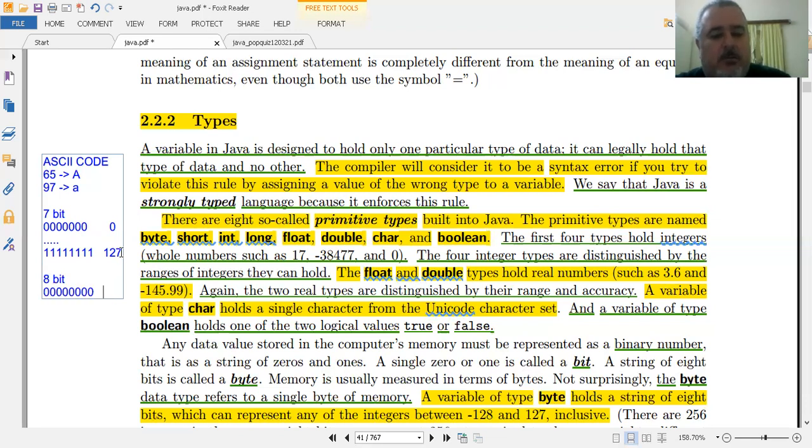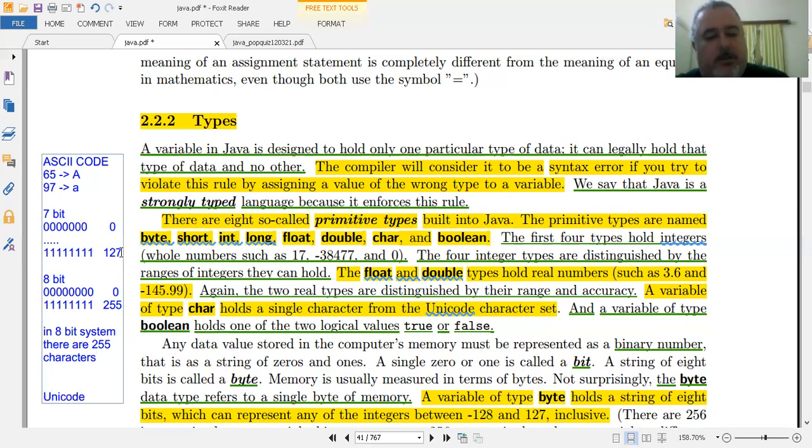So it is from 0 to, if all of them are ones, it should be 255. So it means in 8 bits, there are 255 characters. And Unicode